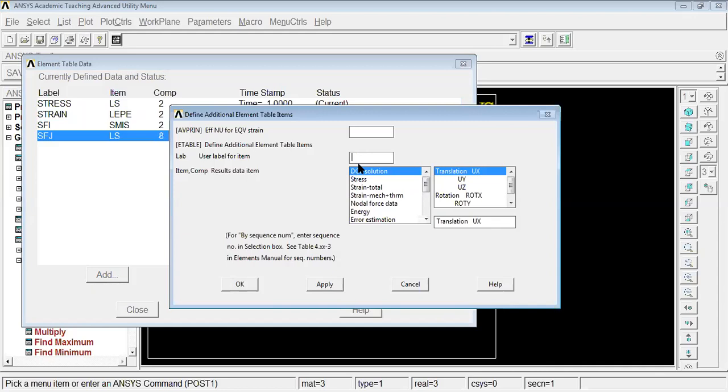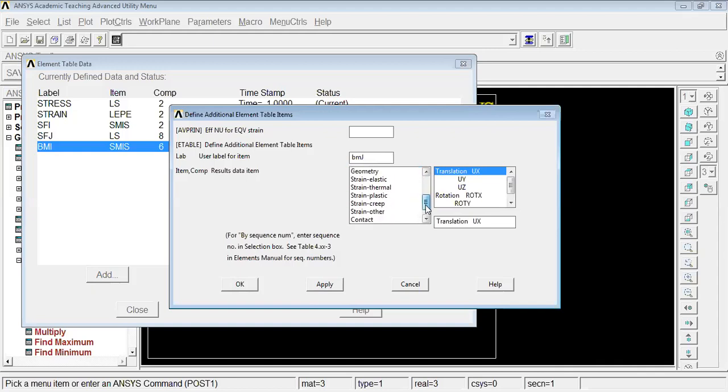User label for item, it is BMI, BMI. By sequence number, it is SMIC6. Say apply. And user label for item, say BMJ. And by sequence number, I can write it as LS12.